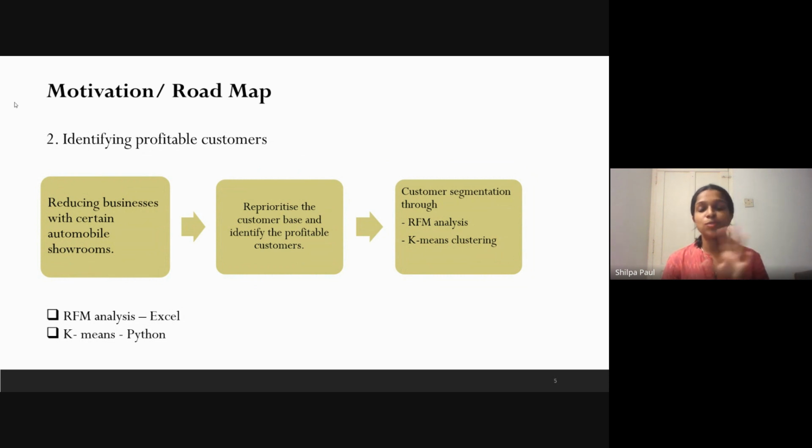So we have used both these techniques to segment the customer so that we will be able to devise strategies for each segment, because developing strategy for each individual customer is not possible. So this is the most effective strategy that can be used. So RFM and K-means were used for identifying the profitable customers or segmenting customers, then putting in strategies, and lastly for the